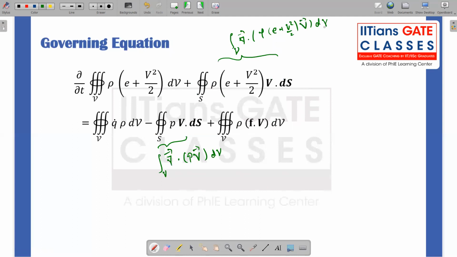If I take the volume integral common, that gives me the volume integral of ∂/∂t of rho times (E plus V square by 2), plus the divergence of rho times (E plus V square by 2) times the velocity vector,